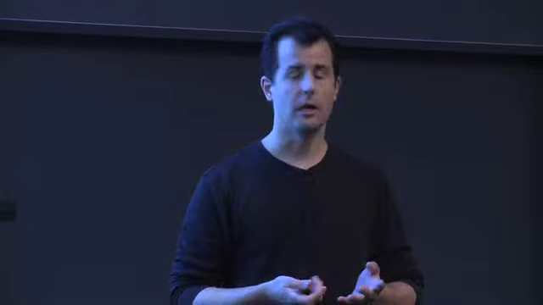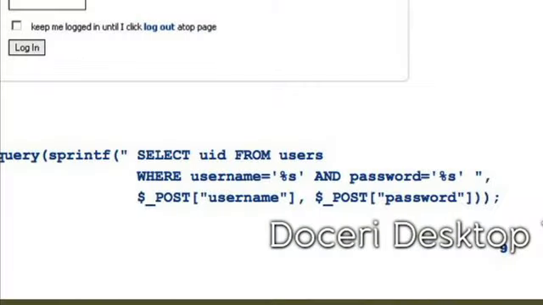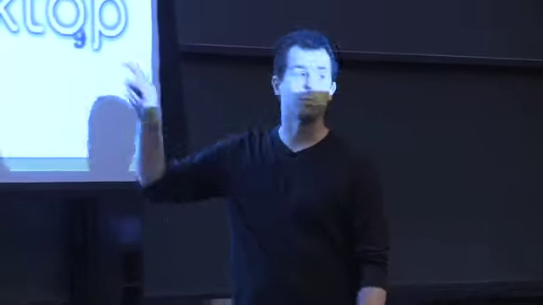But what if the bad guy is smart enough to realize that if he's going to pretend to close this first quote here, then in order for this not to be a syntax error, and in order to truly trick the server into executing something, he better open a new quote later that corresponds with my second apostrophe? So what do I mean by this? Well, let's take a look at what a user might type in.